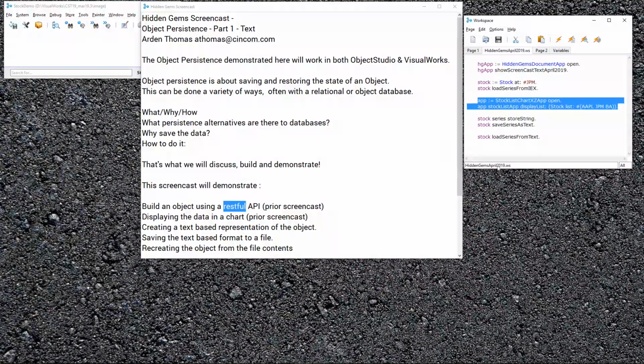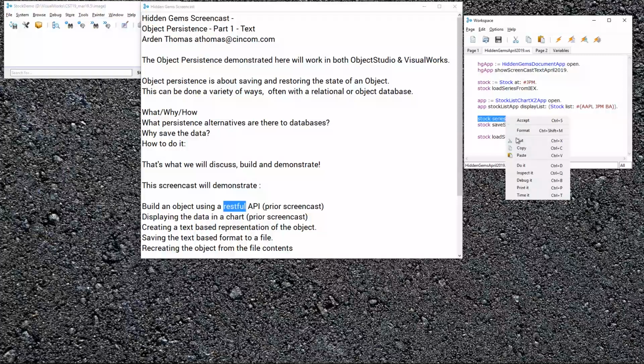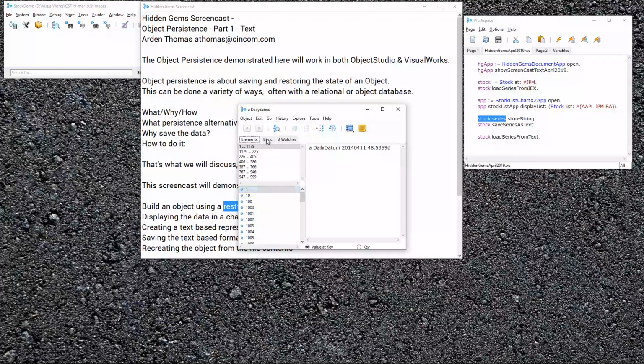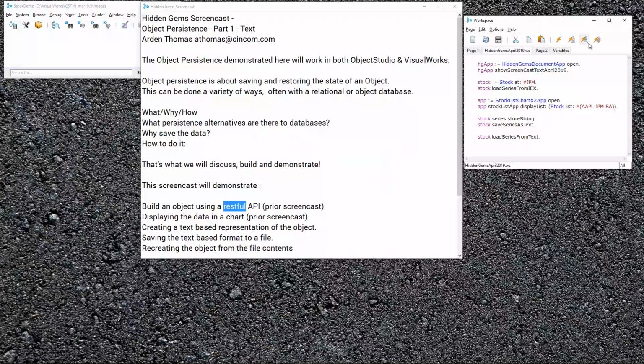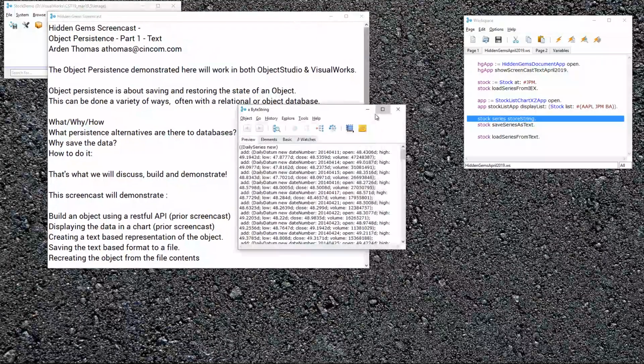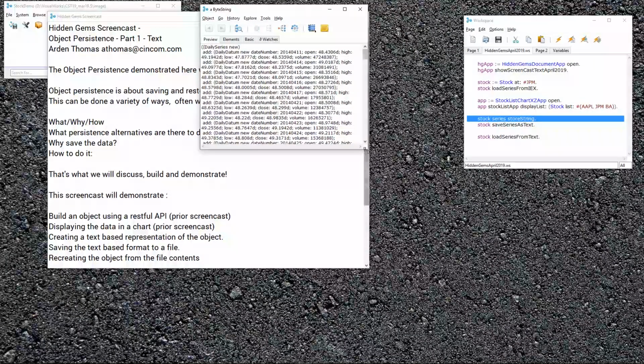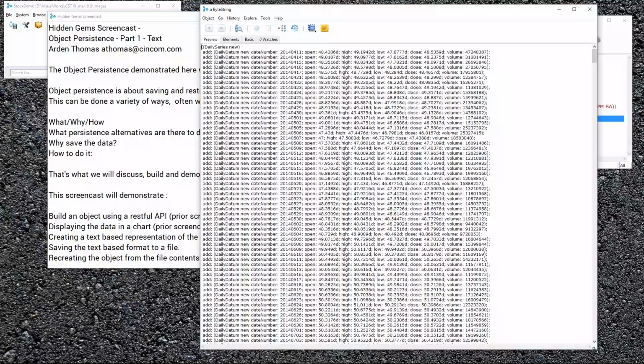So that shows it. Now, what if we want to save that? Well, there's a really nice mechanism built into our products, and that's called store string. So if I say stock series, which will give me that daily series object that we just got, and if I ask for its store string, let's check that out. Let's make this larger. And look at this. Wow. It's basically laid out. I can read it, and I could even